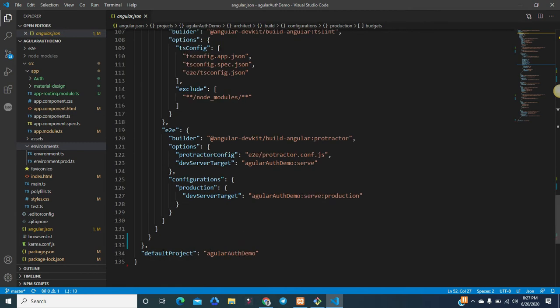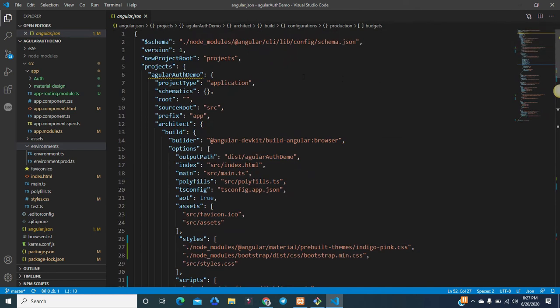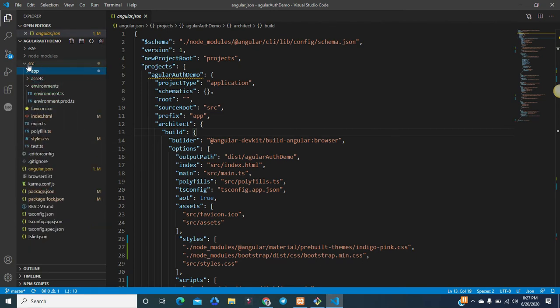As you can see, the project name, default project name, and other configuration are all available here, like root and source root, like src, because you will use everything through the src. You can see this is a folder and all the Angular application files are available under the src folder.